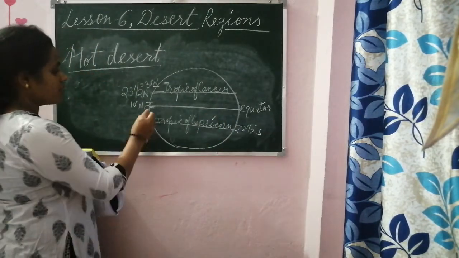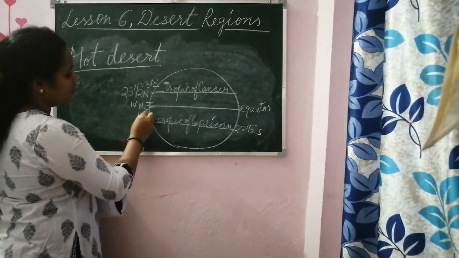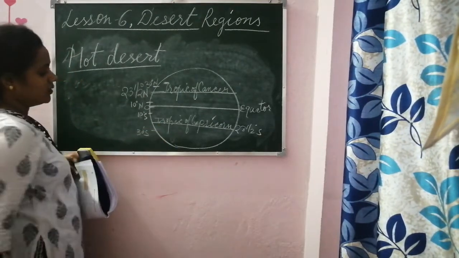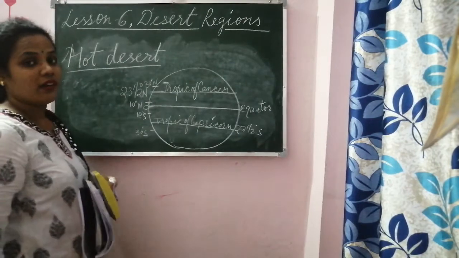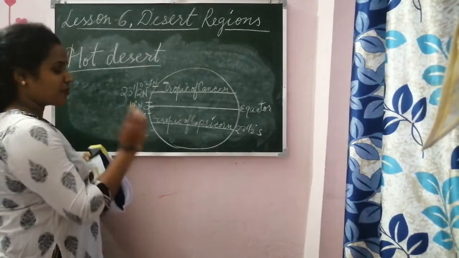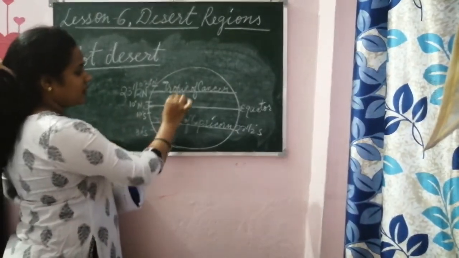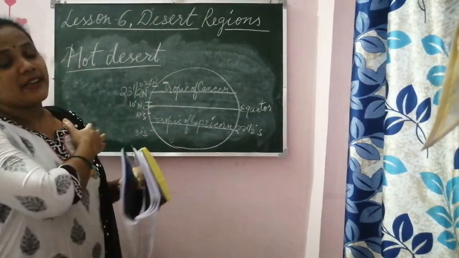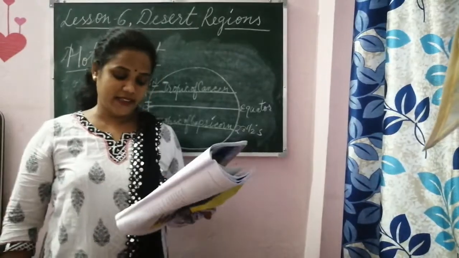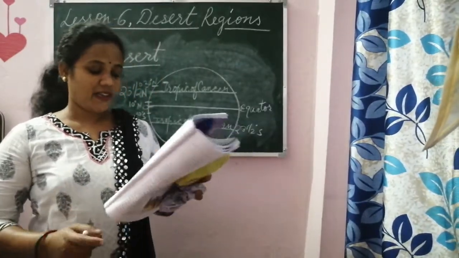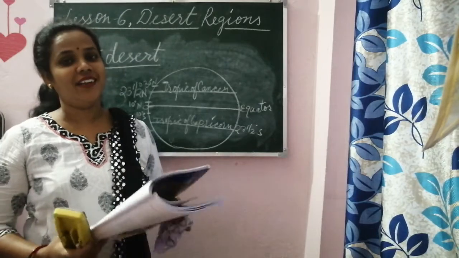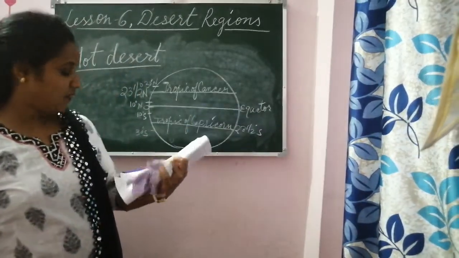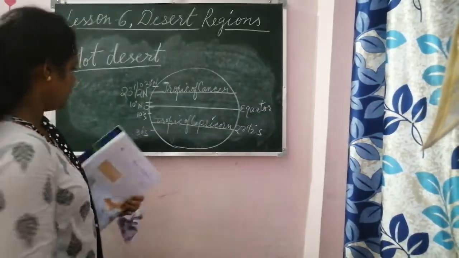Okay. So here also we'll take 10 degree south to maybe 30 degree south is your desert area, hot desert area. That's why they said both sides of equator. Near the Tropic of Cancer also and Tropic of Capricorn also desert areas are located. Clear? That's why they are called tropical deserts. From 15 degree to 30 degree.